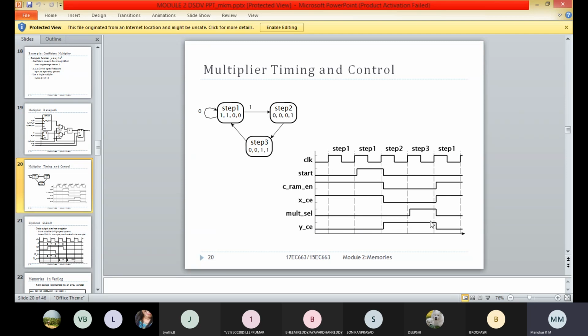Here in step 3, the product stored in the output registers will be multiplied with X again. So the final product will be Y is equal to Ci into X square. After that, it again moves to the idle state, that is step 1.